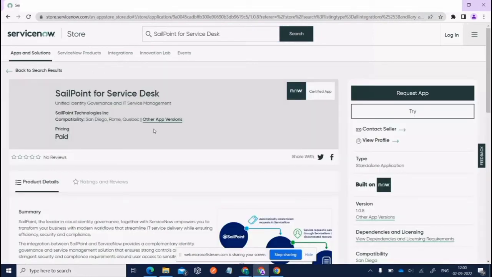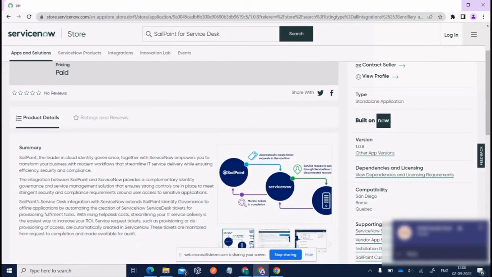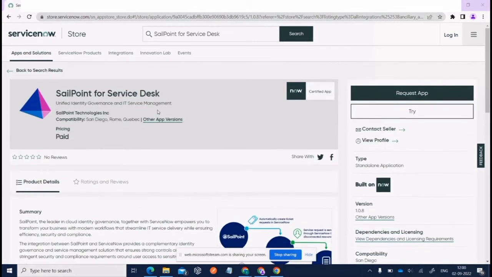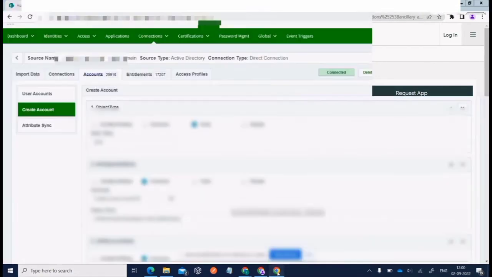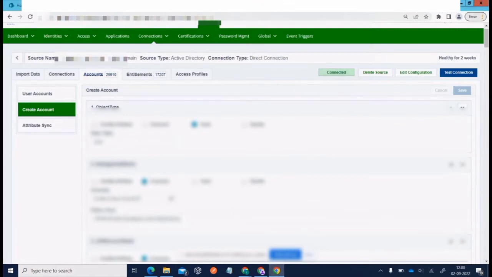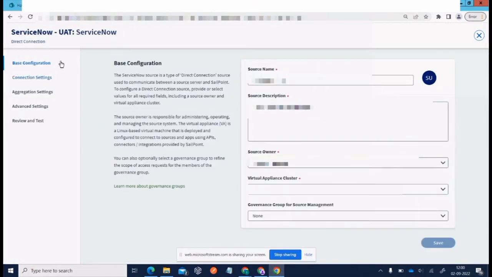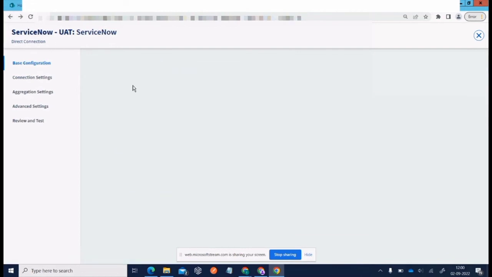Initially, ServiceNow Service Desk. So once we integrate this, I mean, we install this application, we can integrate it in SailPoint Identity Now. So let us see how the configuration goes. Coming to a ServiceNow source, you can see once you create a source as a ServiceNow connector,